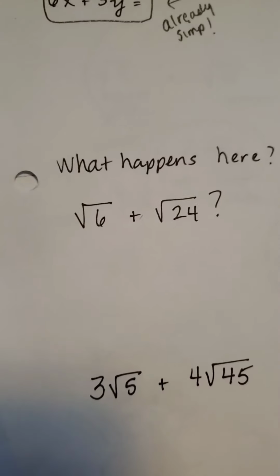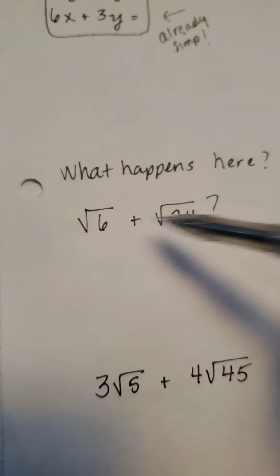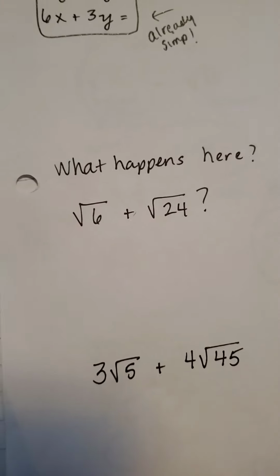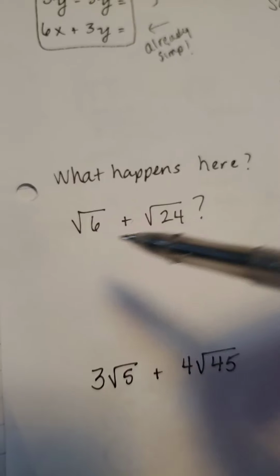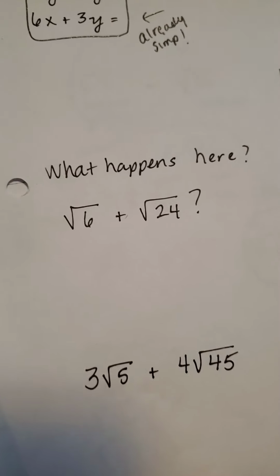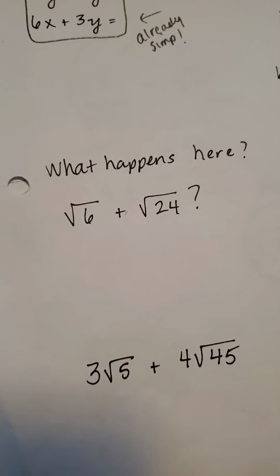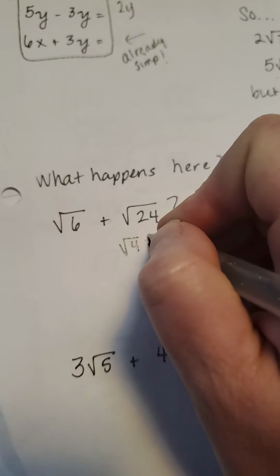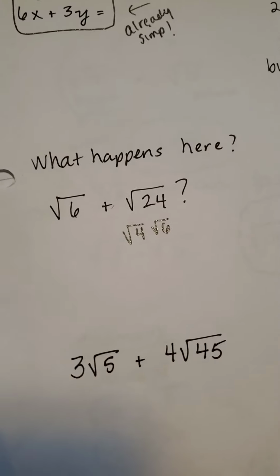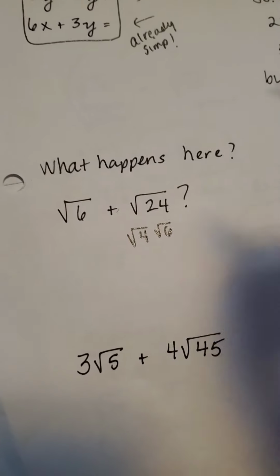Now, sometimes problems are disguised. In other words, radical 6 plus radical 24. You might look at this and say, oh, you can't do anything with it. I hope you don't look at that and think that that equals radical 30. You cannot do that. That is not legal. You need to try to break these down into maybe a perfect square and a leftover that allows us